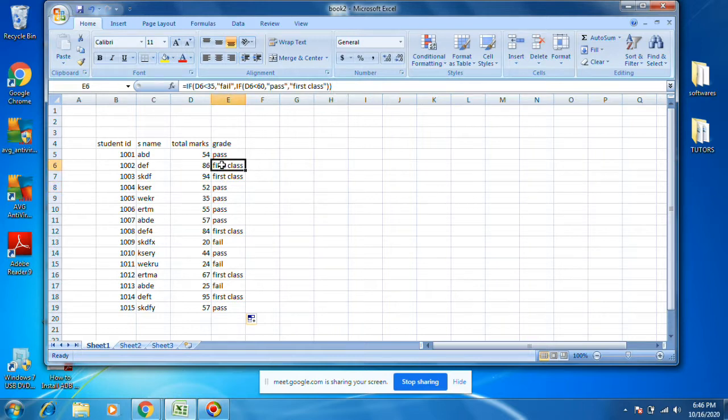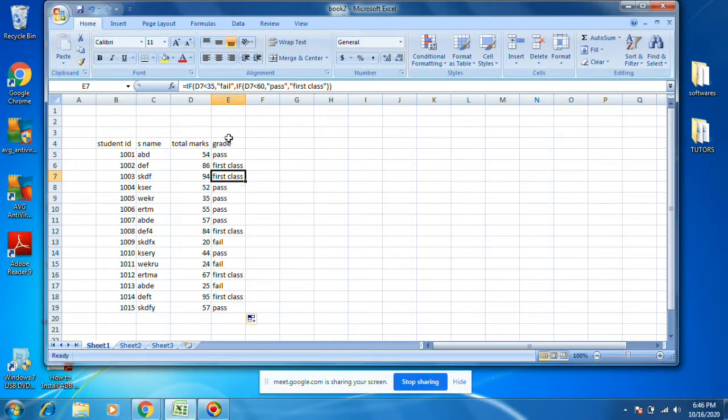Now I want to put another IF condition. The D5, this D6, D5 again it will check. If you drag down now, D6 comes, D7 comes. The corresponding values will come automatically.